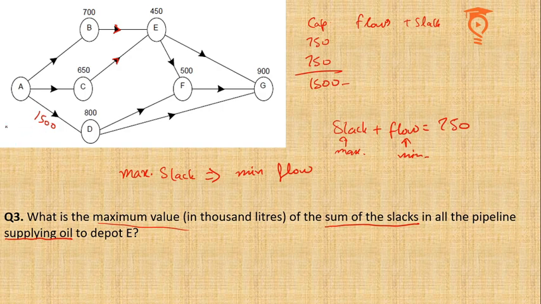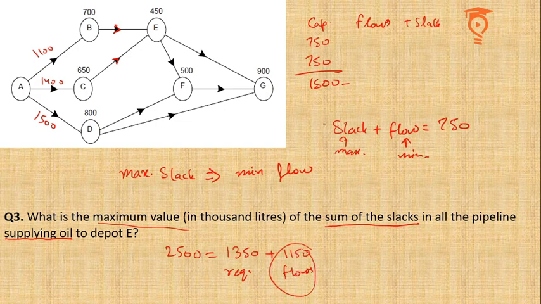Now 2500 remaining. Okay, so 2500 can be sent any which way. You can send 1400 here and 1100 here, or any which way, but you cannot send 1500 in AC, as discussed earlier. You cannot send 1500 in AB, as discussed earlier. Following these rules, we can send any numbers, our answer will still be constant. Okay, so 2500 is being sent by these 2 pipes that will meet the capacity of 1350. Okay, this is the requirement. So the remaining 1150 is the sum of the flows in the 2 pipes. Okay, and we can just subtract 1150 from here to get our answer.